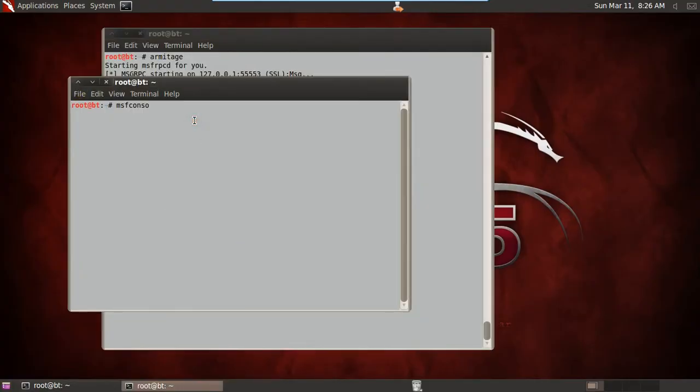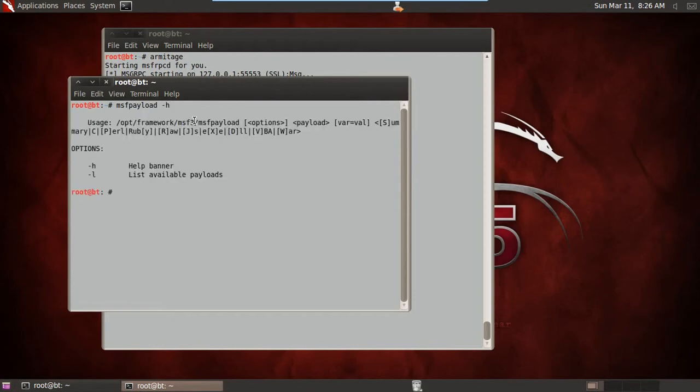In the MSF console, we were talking about the MSF payload. So type msfpayload -h for getting the help of MSF payload, just for setting the arguments for the malicious program. Just like getting a small exe file in the pen drive, double clicking on it and your machine will be exploited and it will become vulnerable. So you can use this MSF payload for creating the payload or creating the Trojan file.